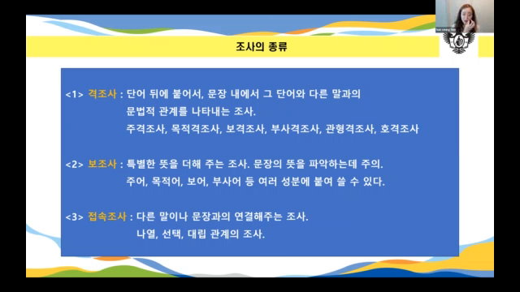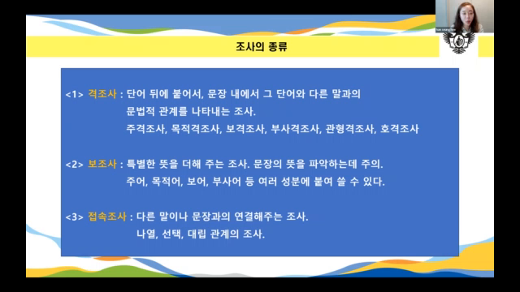First, 격조사, case particle. It is attached to the end of a word and indicates the grammatical relationship between the word and other words in a sentence. There are 7 main types of case particles: subject particles, 주격조사, objective particles, 목적격 조사,